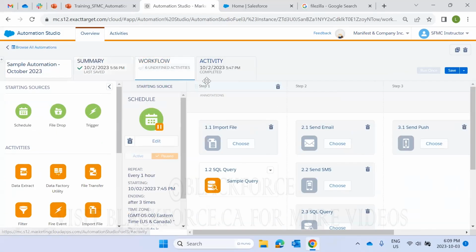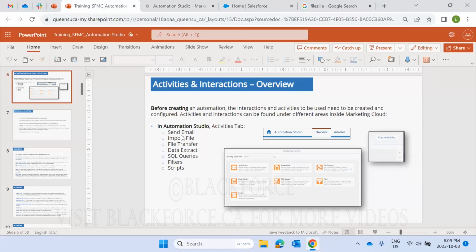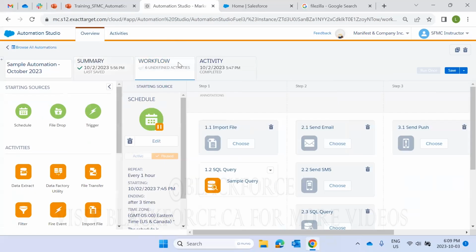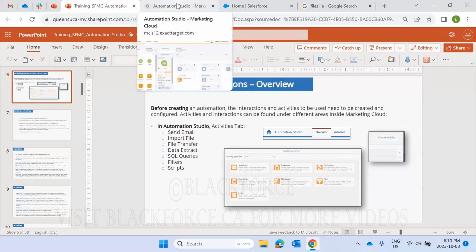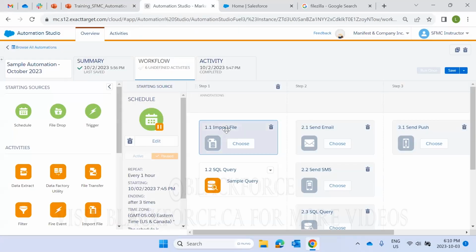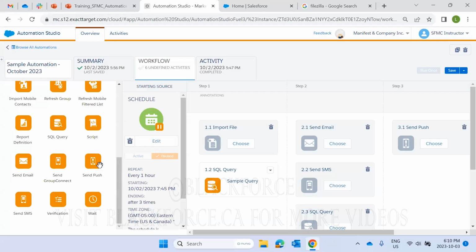So I was saying most of the activities you're going to use are these ones. The email send, import file, file transfer, these guys. Those are the ones you're going to spend more time using. So that's why I focused on them in the slides. All right. So one exercise we're going to do today,